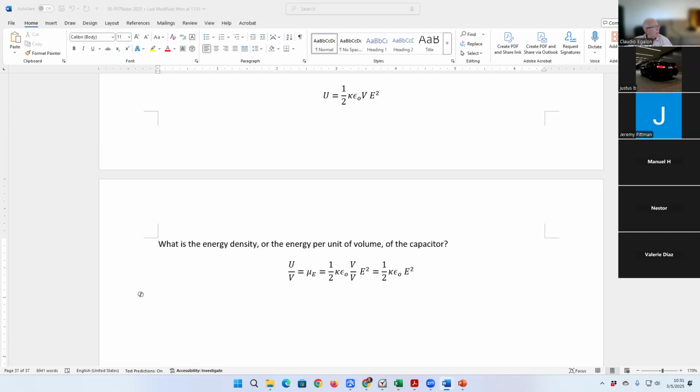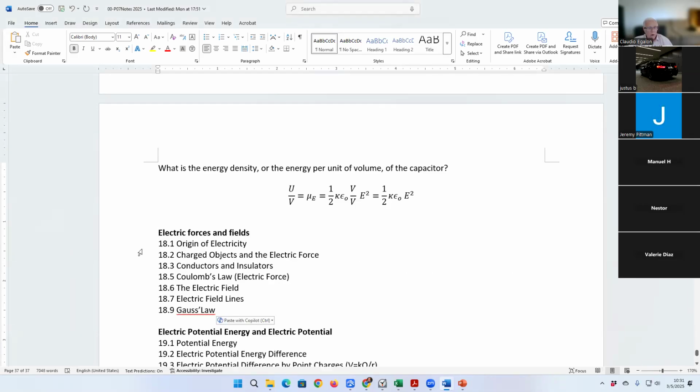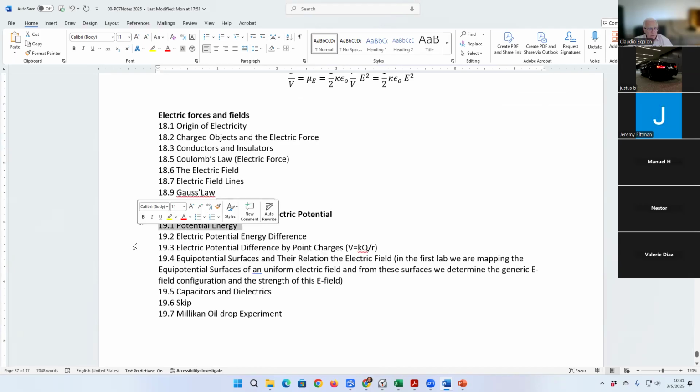Okay, so electric potential energy and electric potential. That's what we covered so far. Let me put also chapter 18 here for you. Origin of electricity, charged object and electric force, conductors and insulators, Coulomb's law, electric field lines, Gauss's law. And then we did cover potential energy, electric potential energy difference, electric potential difference by point charges, equipotential surfaces,